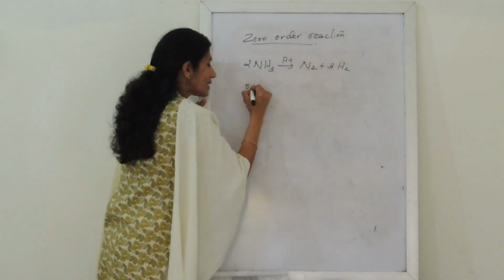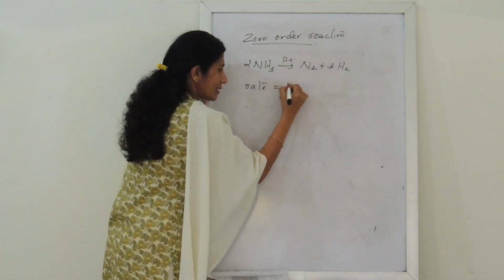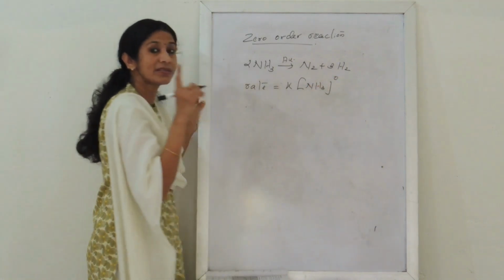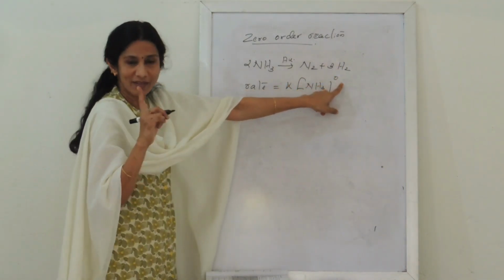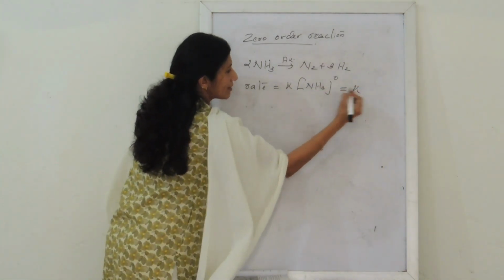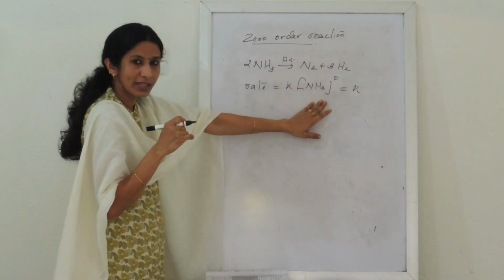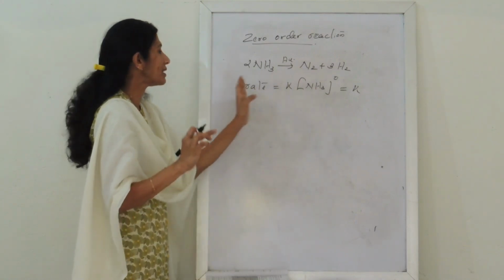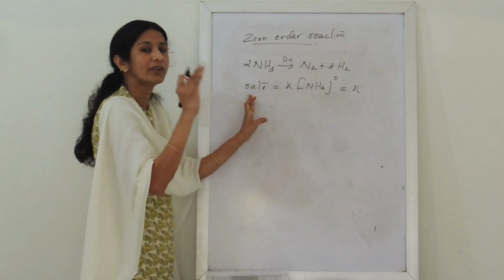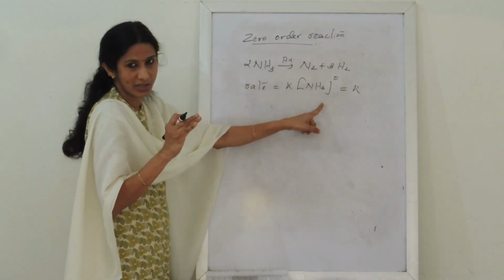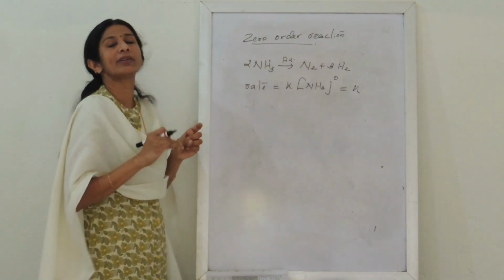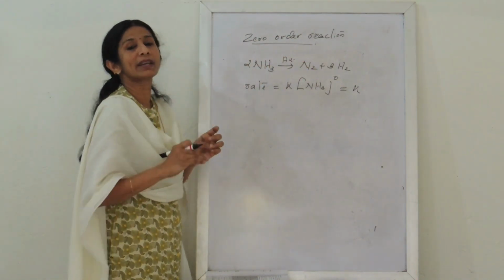Ini rate is equal to K into concentration of NH3 to the power 0. Order 0 ആണ്. അപ്പോൾ എങ്ങനെ വരും that is equal to K അല്ലേ? അപ്പോൾ റിയാക്ടന്റിന്റെ കോൺസെൻട്രേഷനെ ഡിപെൻഡ് ചെയ്യുന്നില്ല. The rate of a reaction that is independent of the concentration of the reactant in the case of zero order reaction. അതേപോലെ വേറൊരു എക്സാമ്പിൾ ആണ് the photochemical reaction.